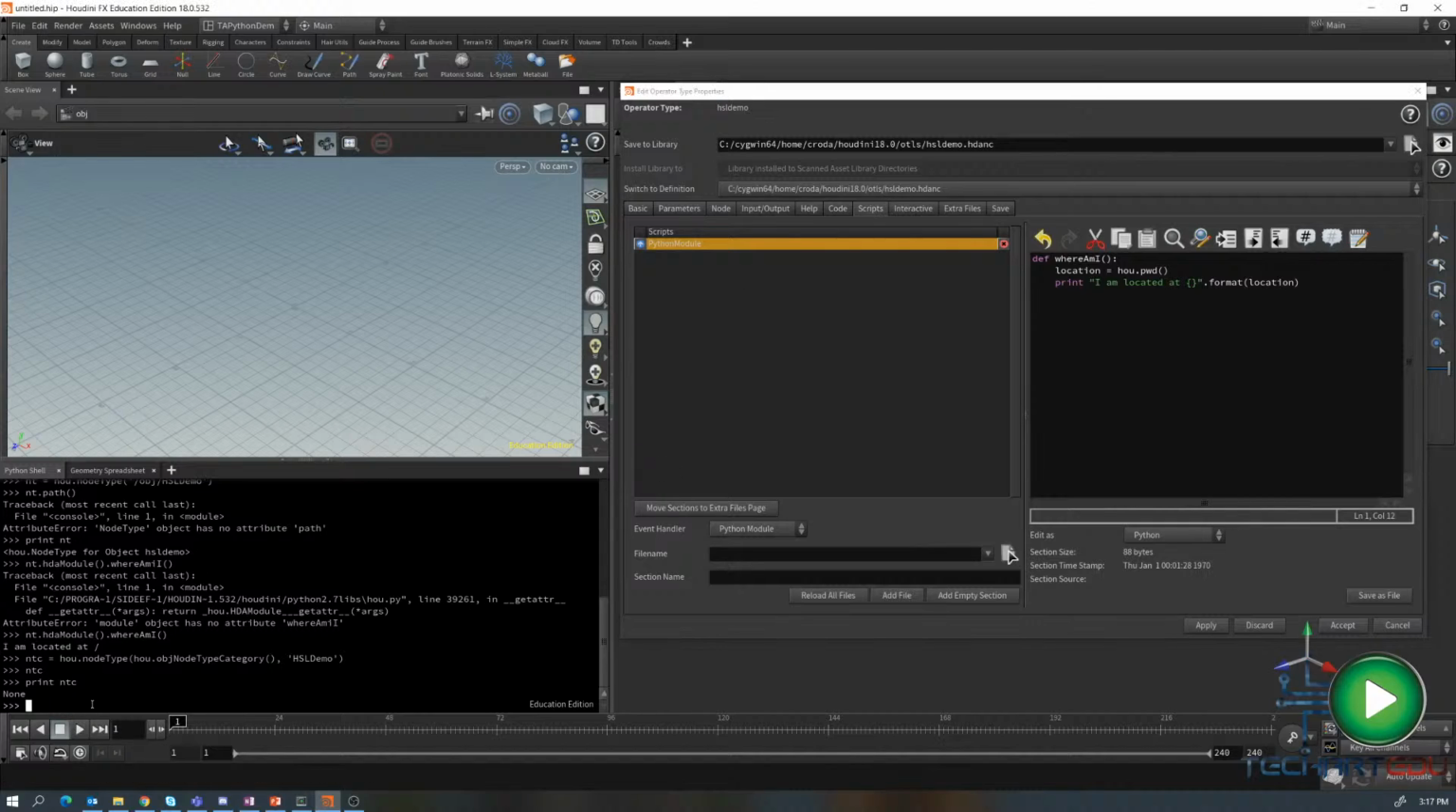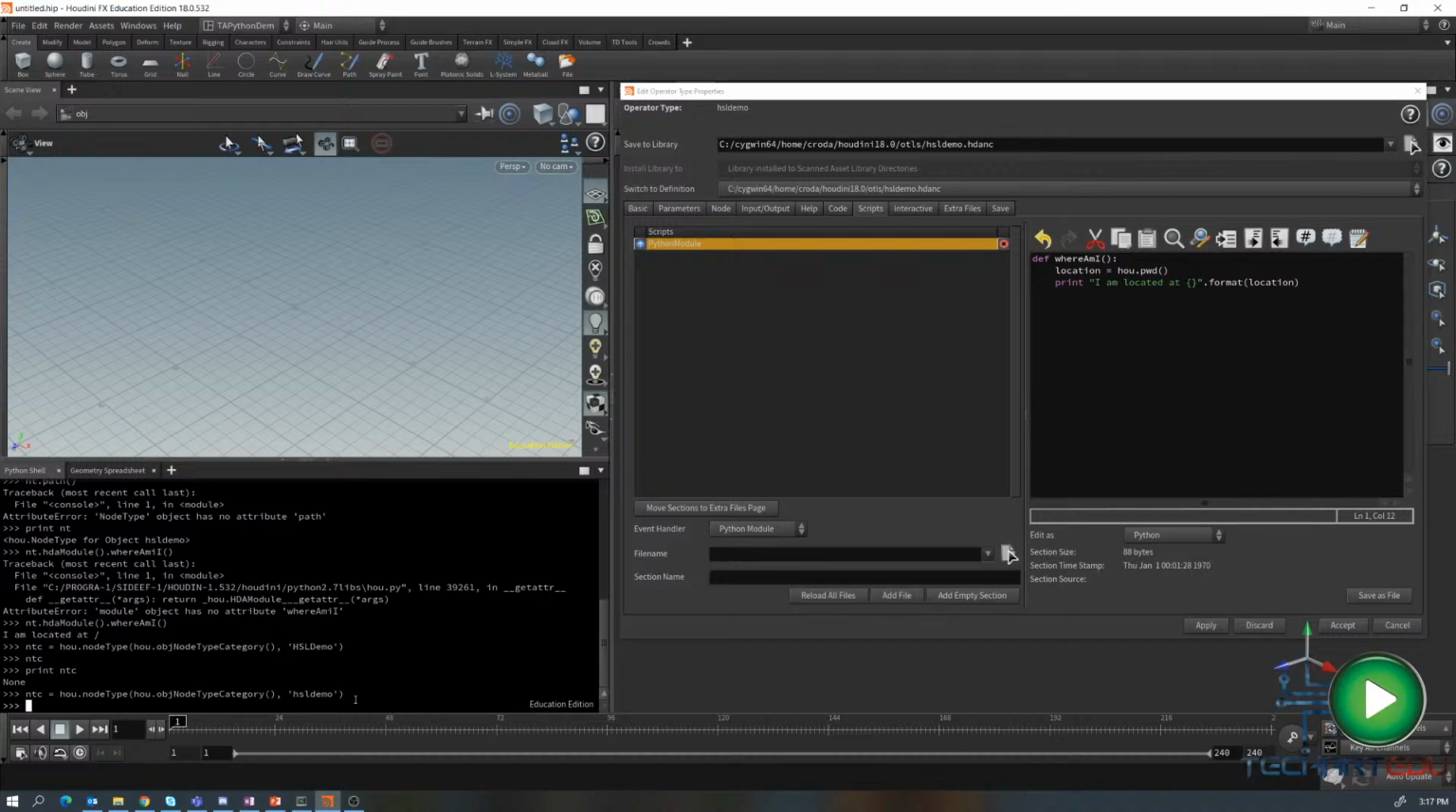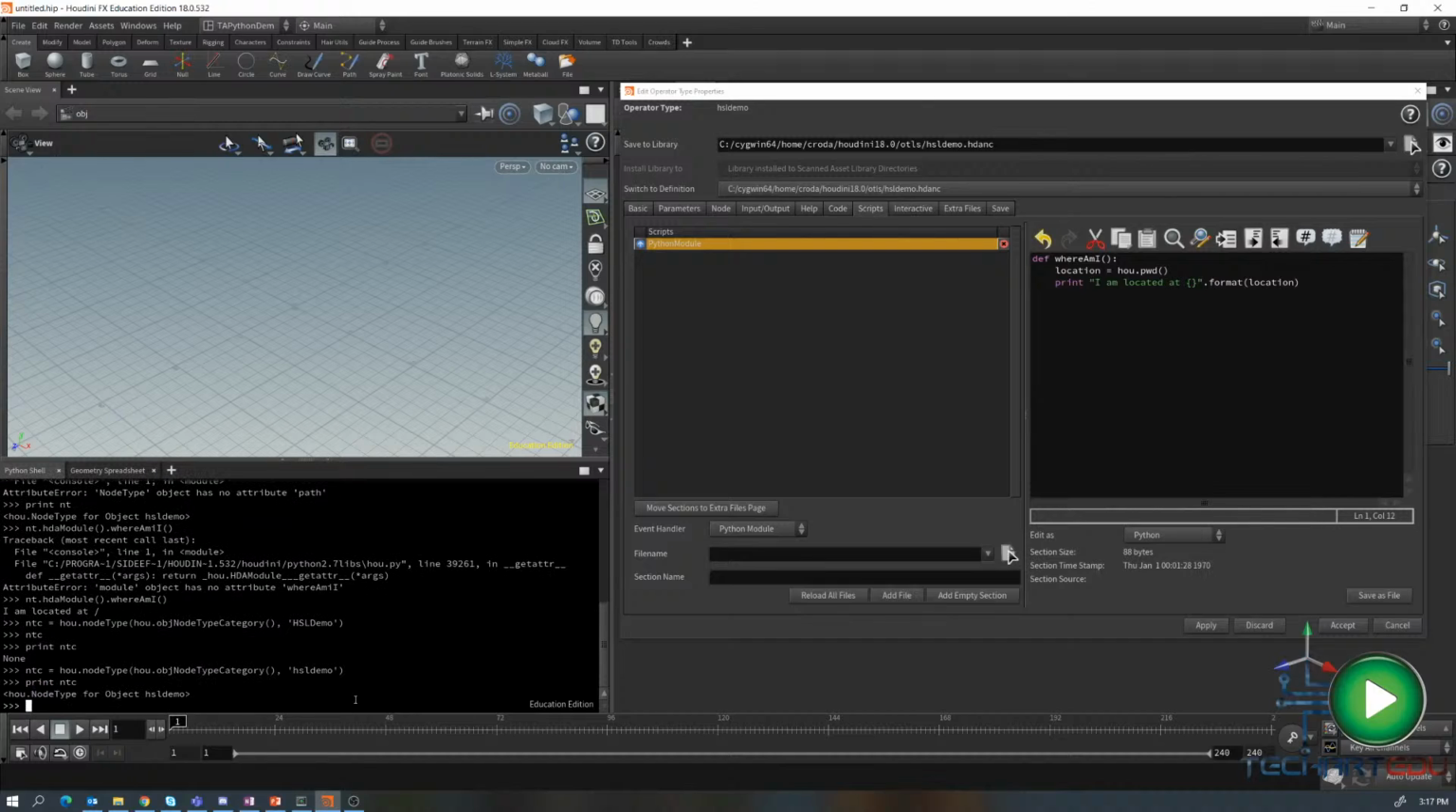So let's call this up again. And then where it says HSL demo, let's put it all caps. HSL demo. Hit enter, and then print NTC. And there we go. We now have a pointer to the actual location inside of memory of where this digital asset is kept. And now we can call the NTC, where am I? NTC